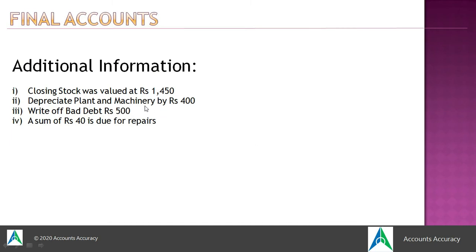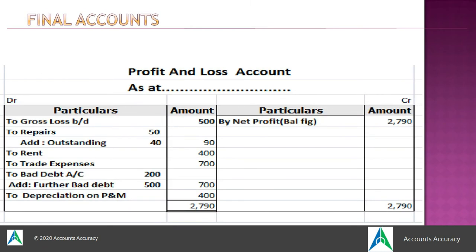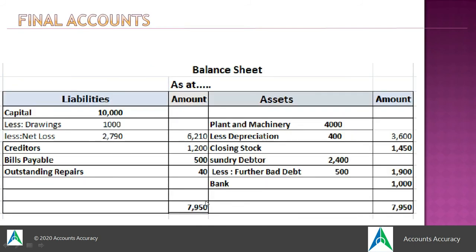Depreciation is the amount which is the wear and tear which takes place in any asset. So if in plant and machinery depreciation has taken place, it's a loss for the company. So this loss will be shown in the profit and loss account as depreciation on plant and machinery, and again it is also shown secondly in the balance sheet. How?